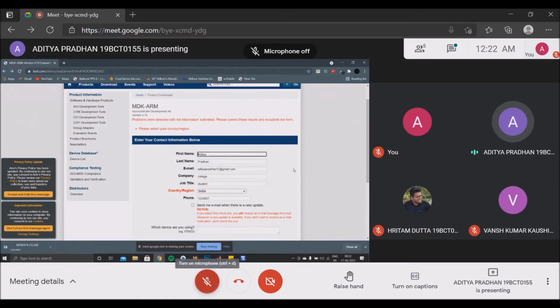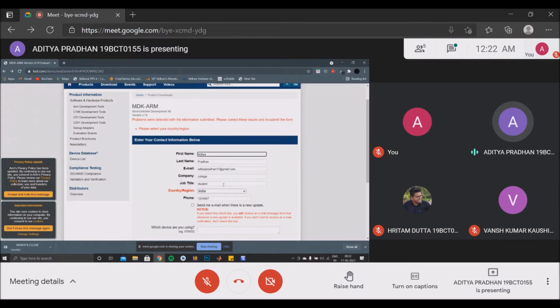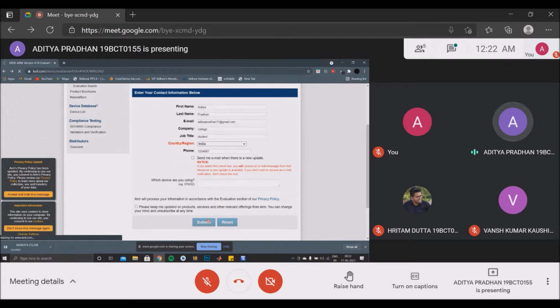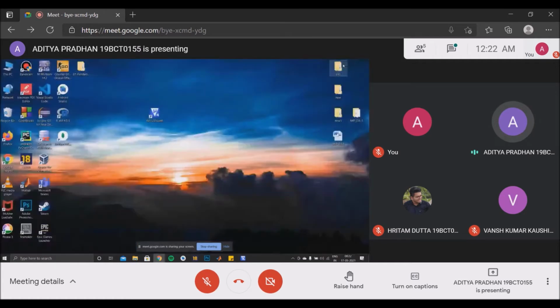So now we see the software which we will be using for running the ARM processor code. The software we use here is Keil uVision 4 and we are downloading it from the given link. On arriving on this link, we need to fill in some details and then press the submit button. After pressing the submit button, we are provided with the exe file. We need to download this file and install it with the given settings. After installation is finished, we will be able to see the shortcut of the app on the desktop.